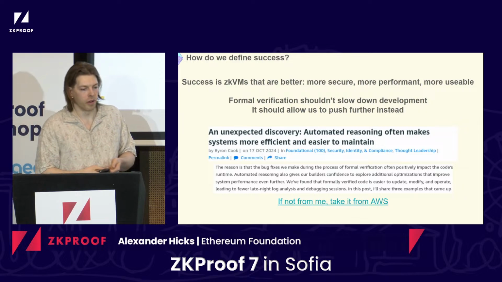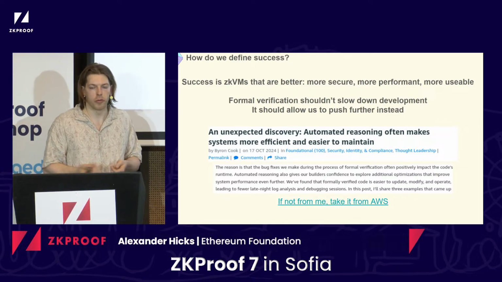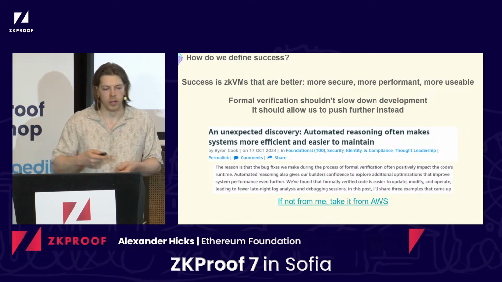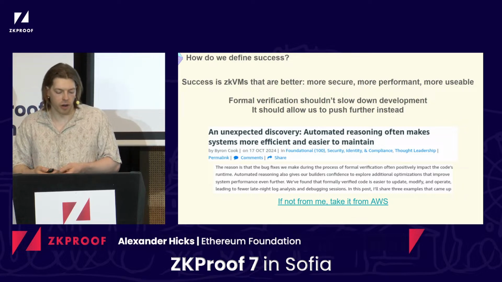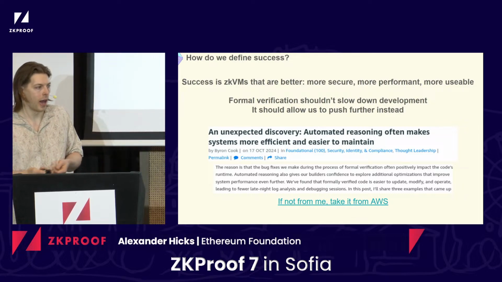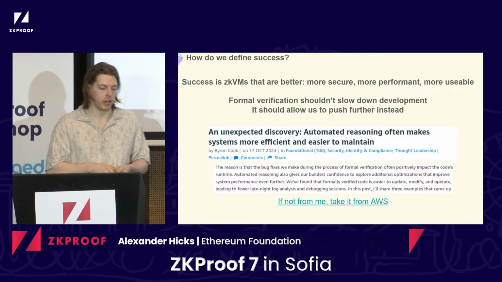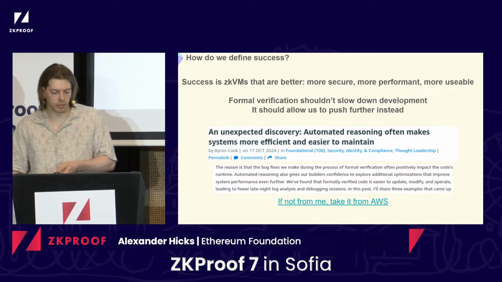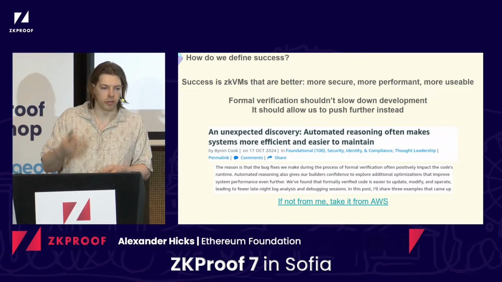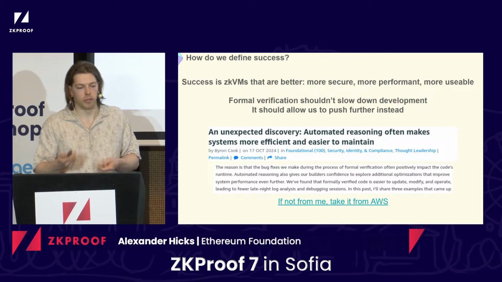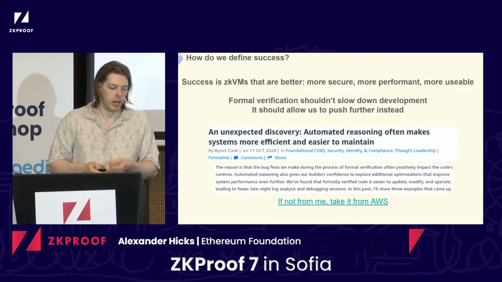Because one nice thing about formal verification is that it helps you reason about your code to quite a high level. And a lot of times we see it now. People do find optimizations as they formally verify things. I think going back to Jolt, they had a paper that will be at FC this year, where they were formalizing some parts of the circuits, and they were reducing the size of some lookup tables by, I think, 87%. So you can actually get good performance improvements, hopefully, from formal verification.